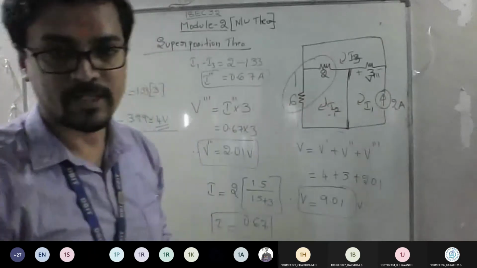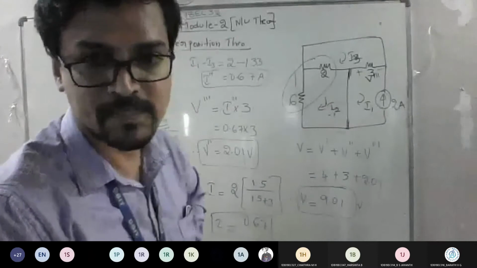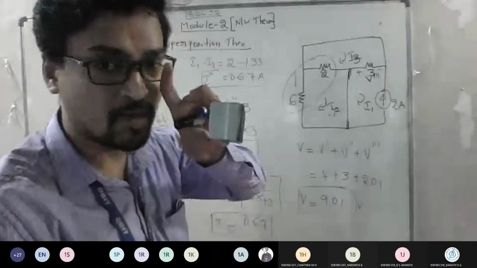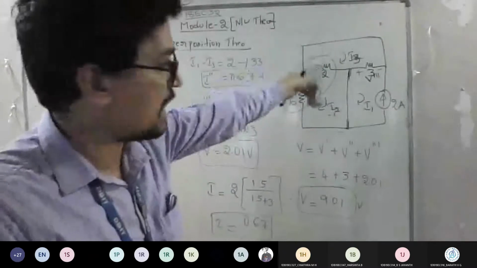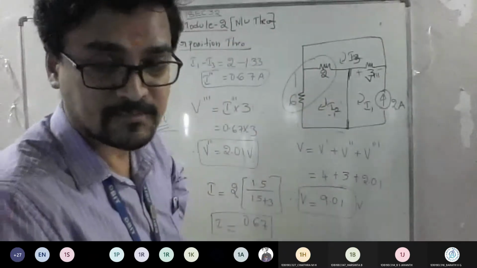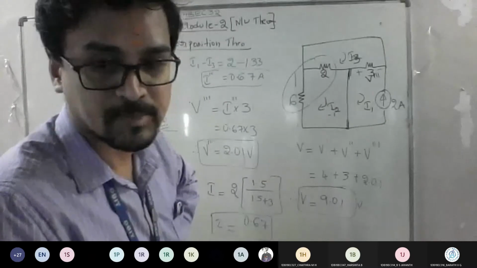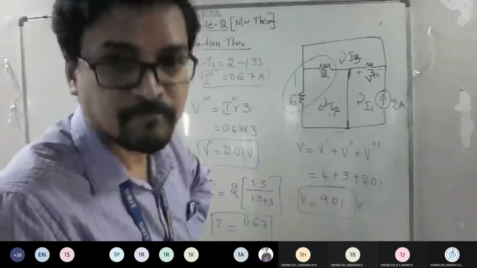Now tell me what is the answer for your last case, case number 3, because case 1 and 2 remain the same. That is not a problem because in those the current source was open. Now when it comes to case 3, I have changed the direction of the current. Tell me what is the answer. Is it the same answer? Sir, V triple dash is the negative of the given voltage, sir.